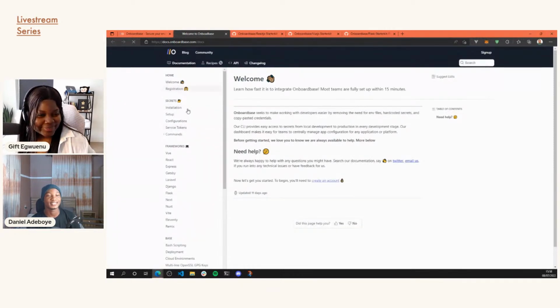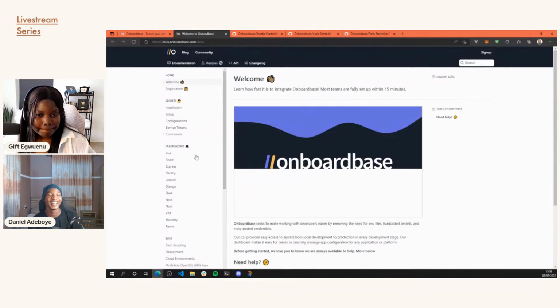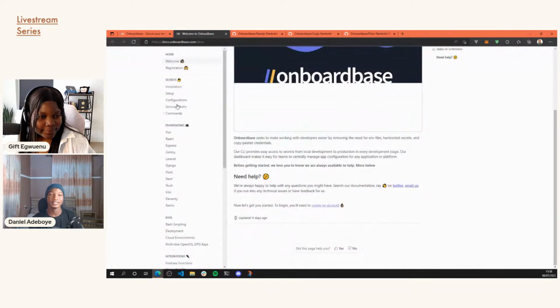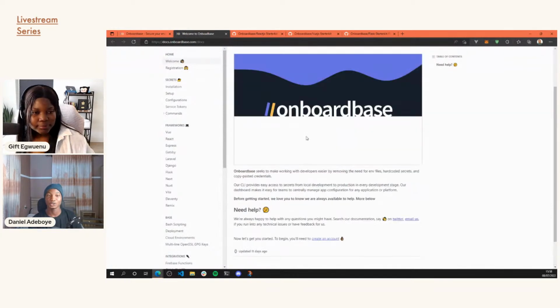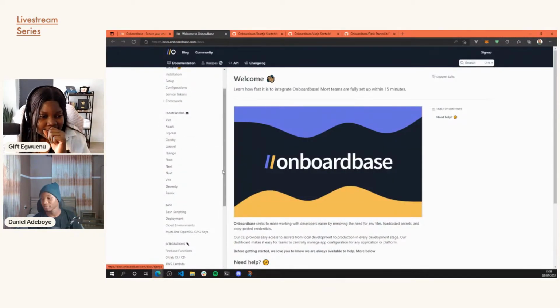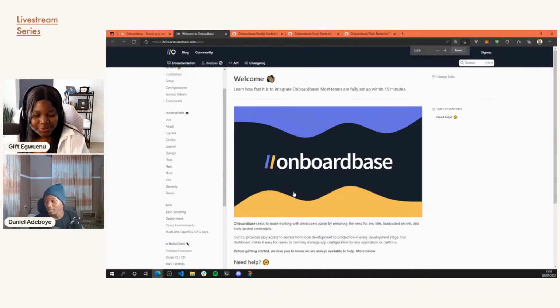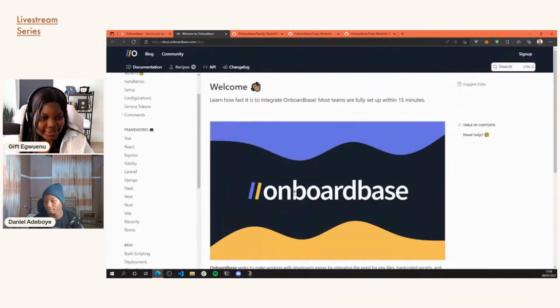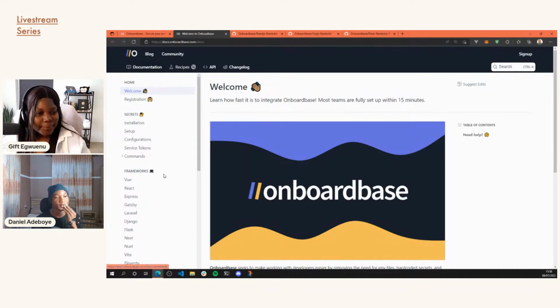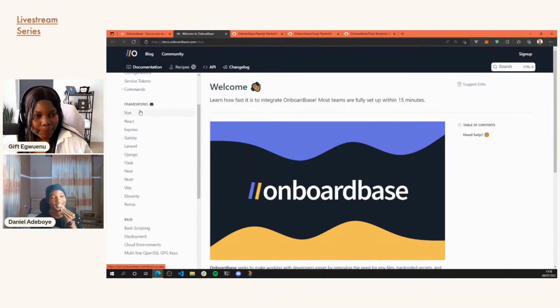Okay, so this is the documentation, and you can see how easy it is to go through it. You can see we have the welcome, registration, integrate, and many more here. Can you zoom in? It's a bit small for me to see, and maybe people can see it too. Okay, this is good. So yeah, this is the documentation, and you can integrate Onboardbase into any programming